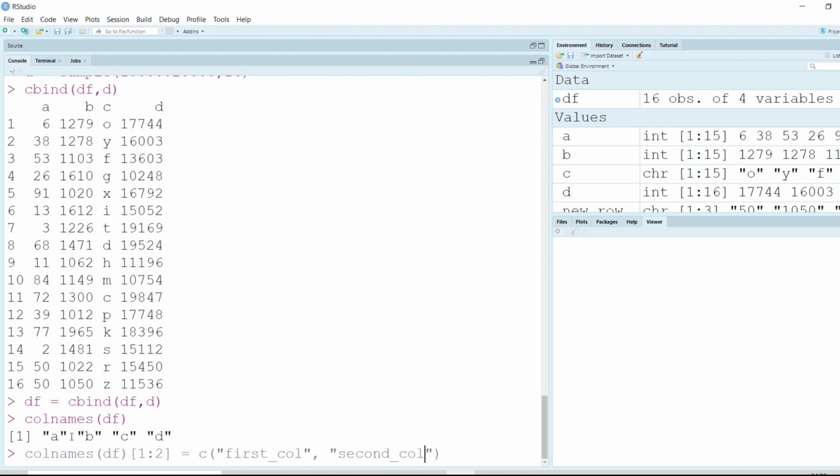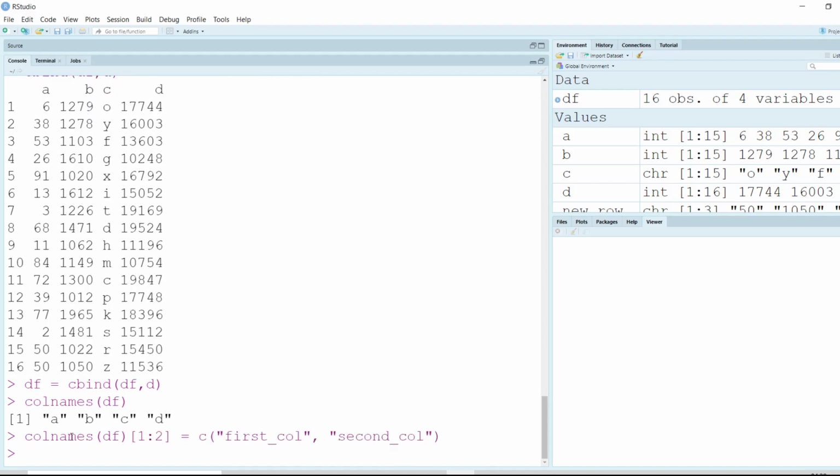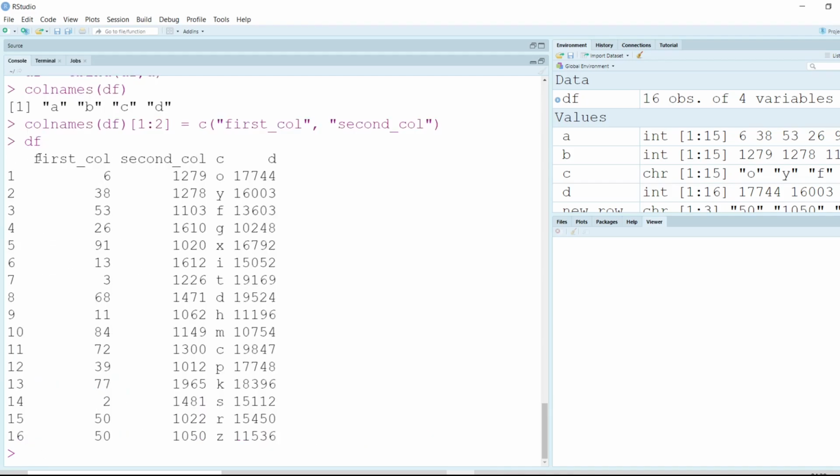Alright, now if I assign 2 different strings, first column and second column, and now click on the enter button, the first 2 column names of this data frame have actually changed. If I want to test it, the first 2 column names have now changed to first col and second col.